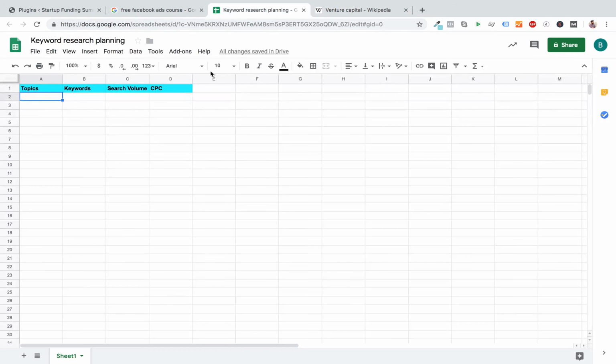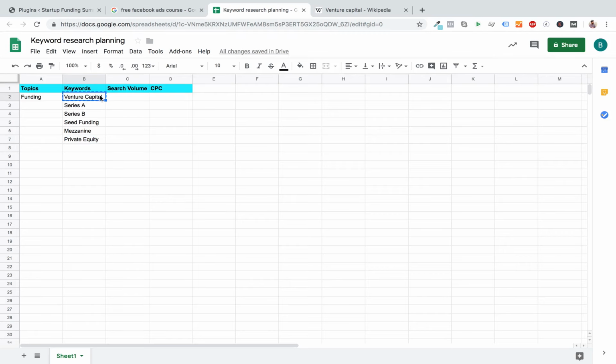So I'm going to put up all those things, right? For startup funding, I put venture capital, Series A, Series B. I just typed all these keywords. Then I can put seed funding and mezzanine funding. Then we came across private equity. All these are possible things that people are searching for.